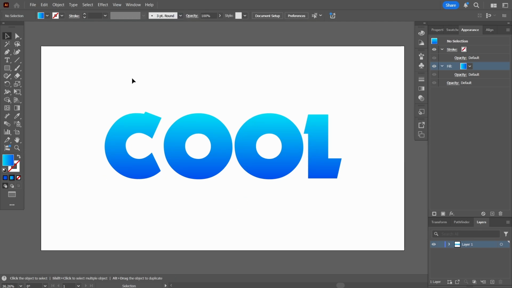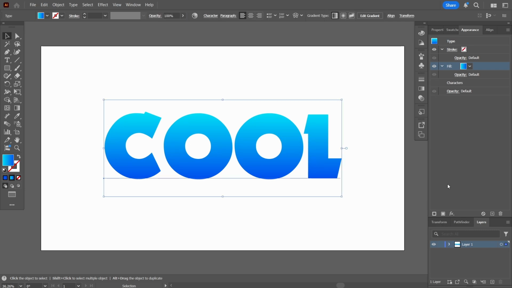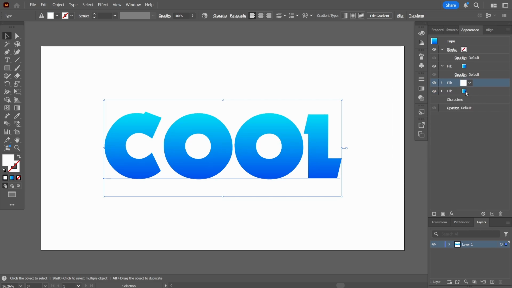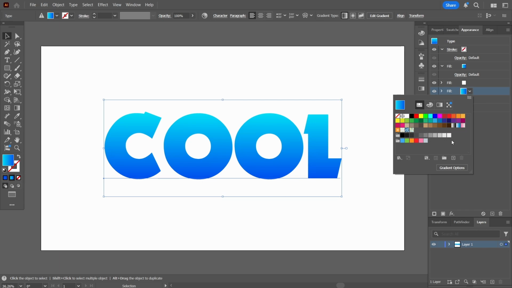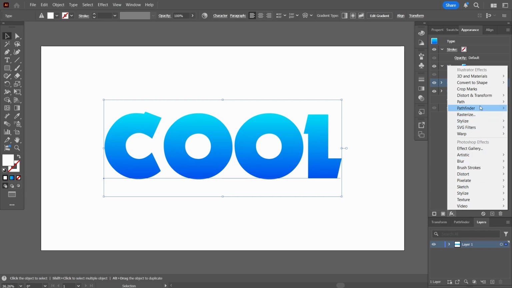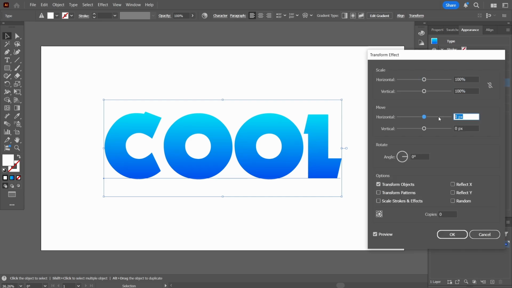What I'm going to do now is come down here and press this plus button and duplicate this layer twice. And to the top layer here, I'll select it and give it this light grayish color so that it's nicely visible. And then to the layer below, I'll open up and give it this light blue color. Once that is done, now I'll again hold the layer above, go here in the FX, in distort and transform, and press transform, and I'm going to move it by 2 pixels on both the horizontal and the vertical axis,